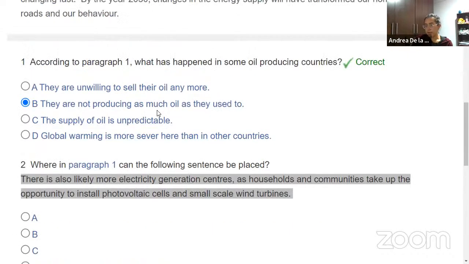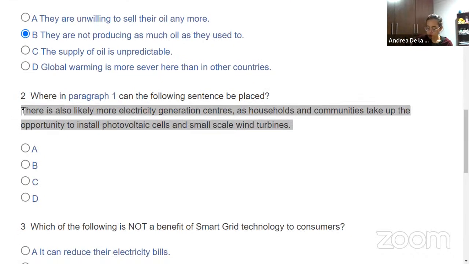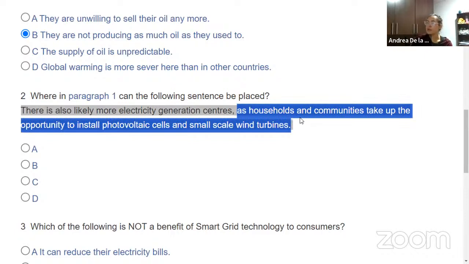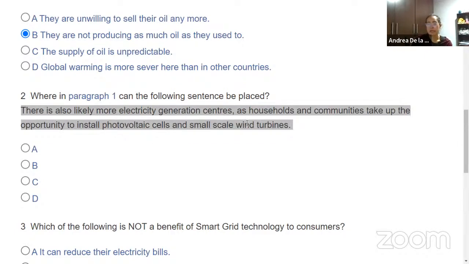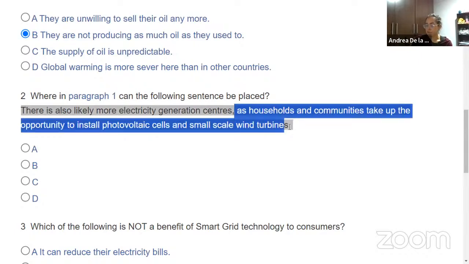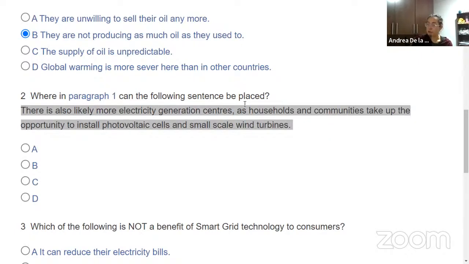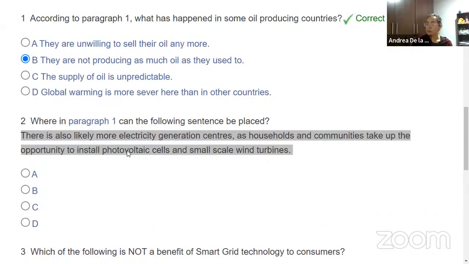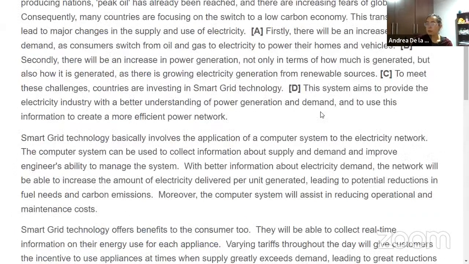Okay, guys. So remember the strategy for this question was to first read the question, read the sentence, of course, understand what it's about, what the main idea of the sentence is. In this case, they're talking about that there's going to be more generation centers, right? So the main idea here is to explain that there will be more generation centers. And then they explain the reason why, right? Because households and communities take up the opportunity to install photovoltaic cells, but that doesn't really matter that much. The important thing is always going to be the main clause, which in this case is that there will be more electricity generation centers. So then you go to paragraph 1 and you start reading around until you find one